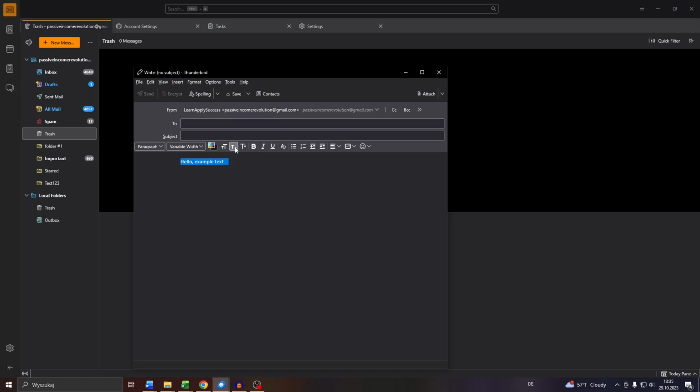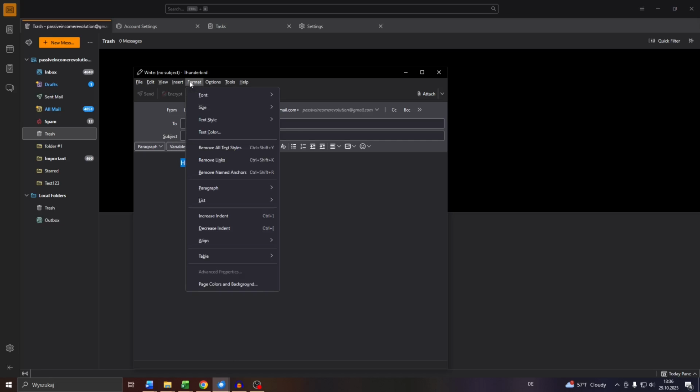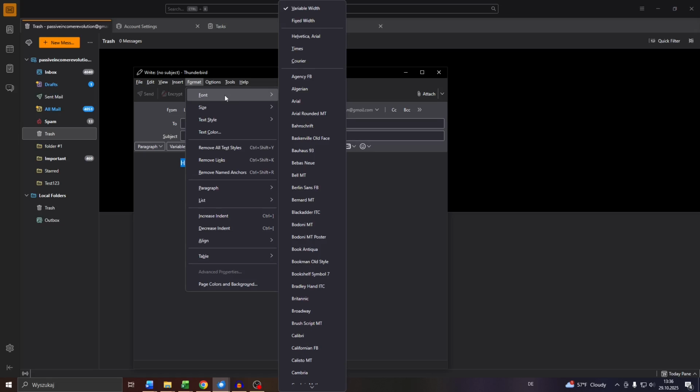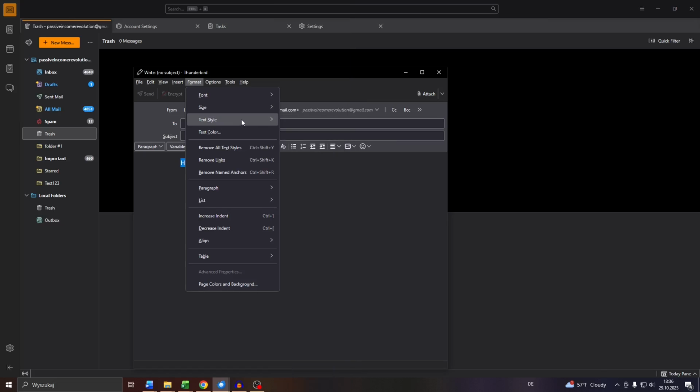You may increase the text size or font size, decrease, choose a different font from that list. You may also click into format here and navigate to the font section and simply customize your font from here. Choose a font style, the text style, apply as previously mentioned, bold letters by using this button or by using